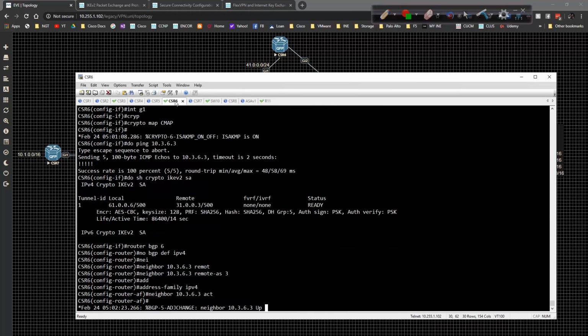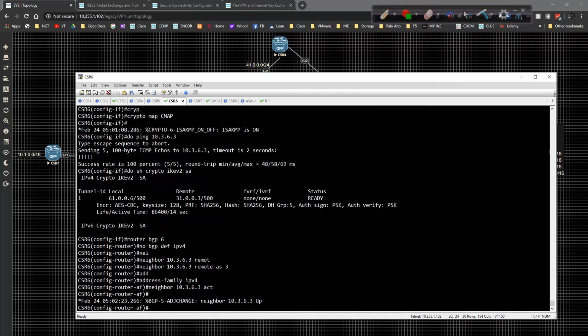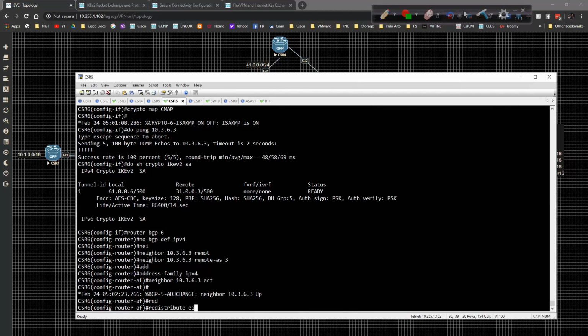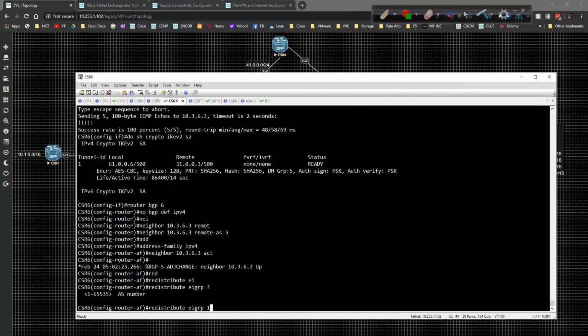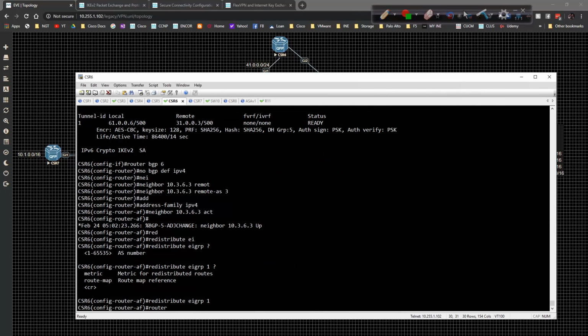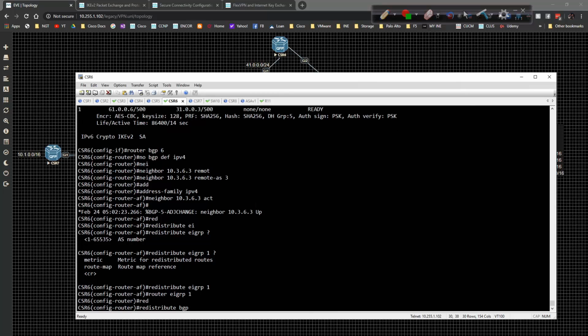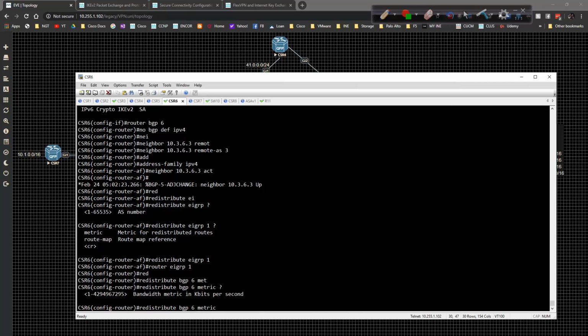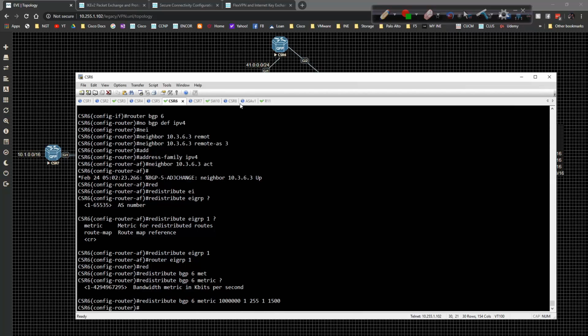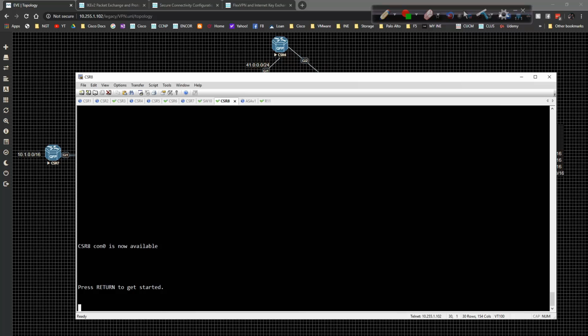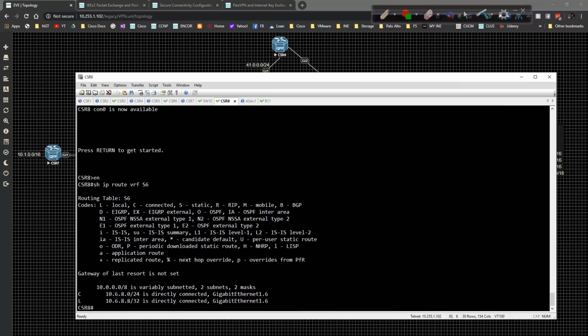Let me go over to CSR6 now, and I will go to redistribute EIGRP 1, and then router EIGRP 1, redistribute BGP 6, metric value of, and there we go. So now if I go to CSR8 and I do a show IP route VRF S6, so on this guy here,